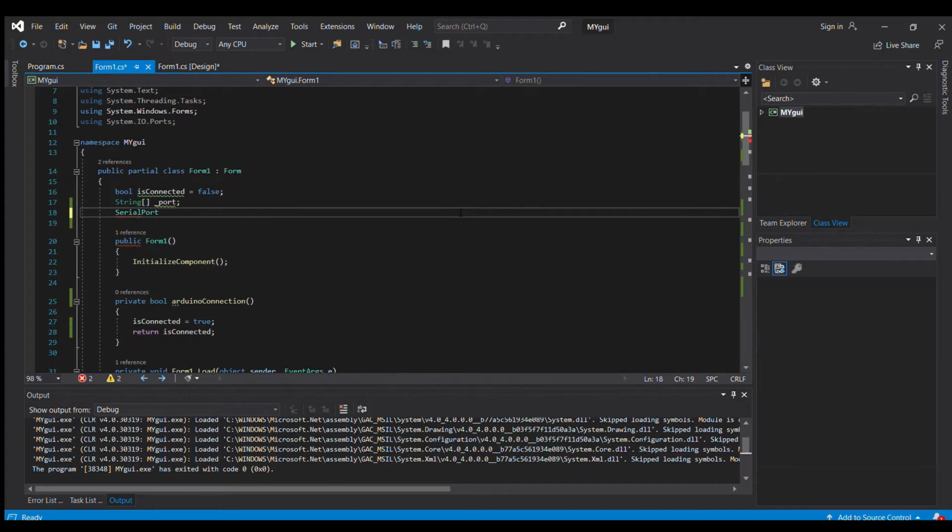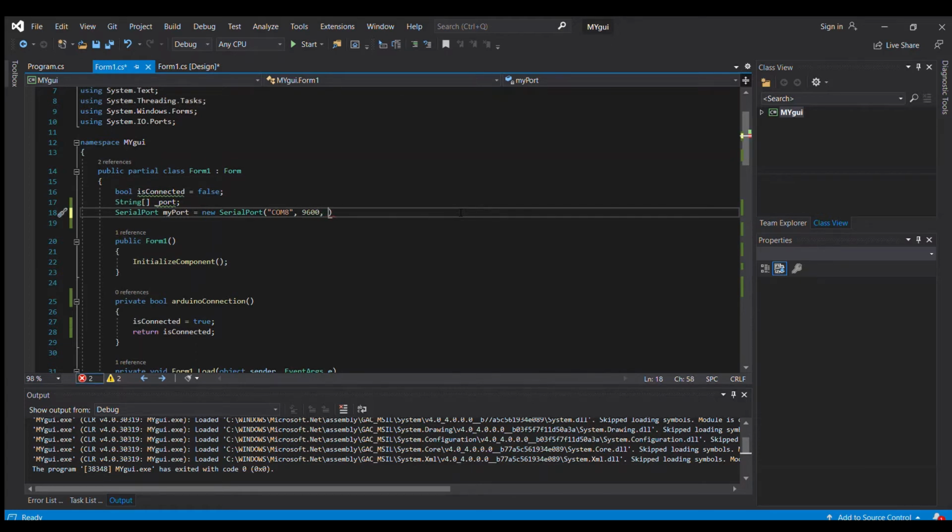And as you could see in my Arduino IDE, by default my laptop would pick up the serial port COM8. So I will initialize the serial port, my port, and equalize it to a new serial port. So I'll create a new serial port object and I will pass on COM8 to it because that is what happens in my computer as default, and then I will be passing on the baud rate, which is 9600,